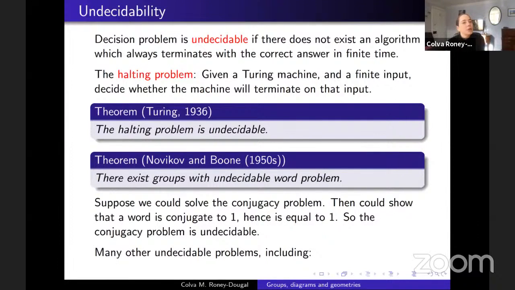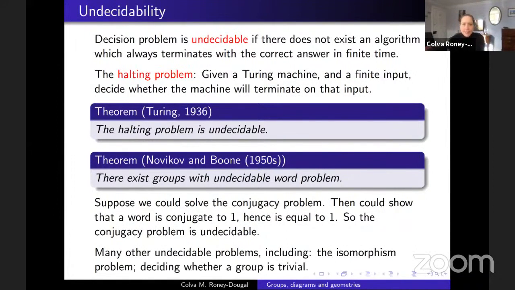And then it turns out that loads of other problems are undecidable. So Dehn's third problem, the isomorphism problem, is undecidable. Things which seem like they ought to be easy. So deciding, given a finite presentation like I've just been talking about, whether everything is equal to the empty word, that's undecidable. So is there really just a single element in that group is undecidable. So undecidability somehow gets everywhere once it's started.